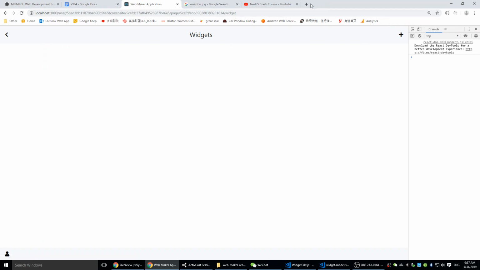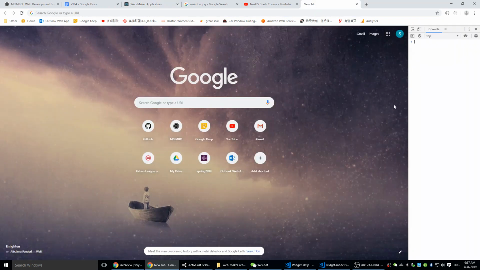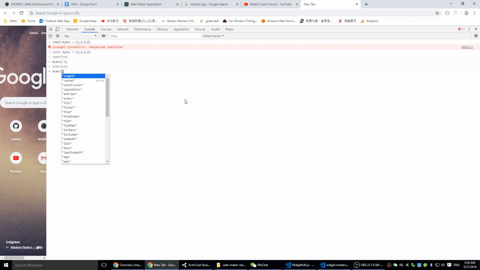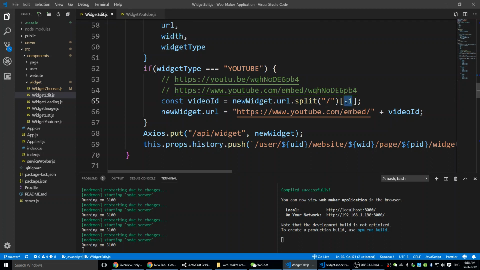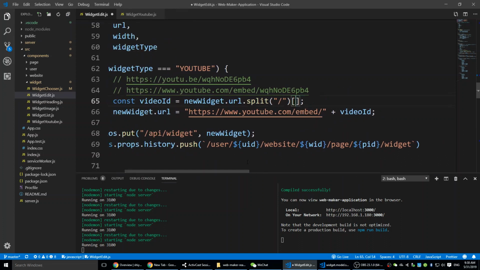just try it here. So if I open the terminal, if I try something like a constant array, my array is equal to 1, 2, 3, 4. If I want to grab the last one, can I say my array -1? No, I cannot. How do I grab the last one? I think I have to grab the length of it and then -1. Yeah. So to make it more general, instead of saying 3 here,